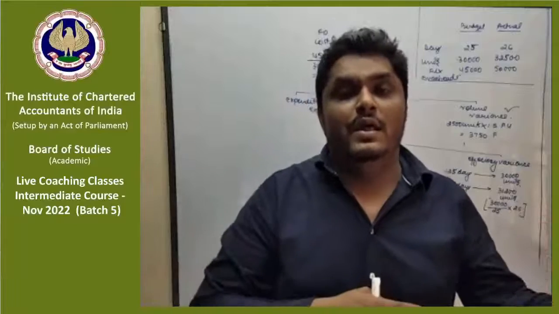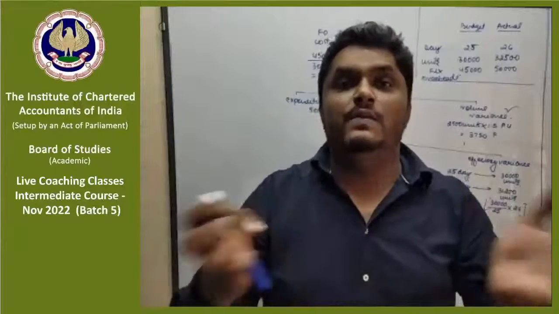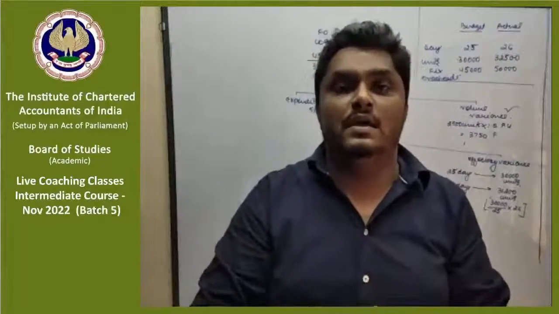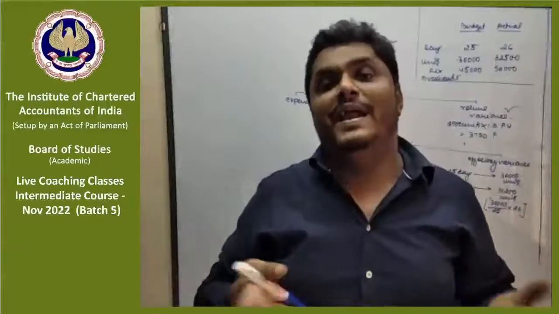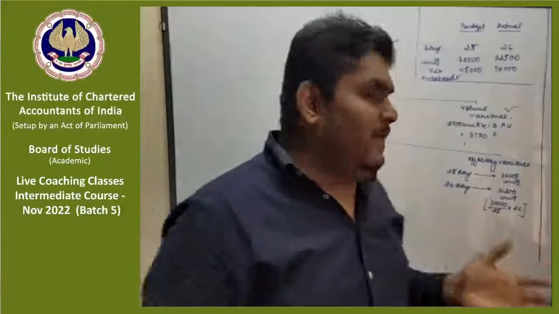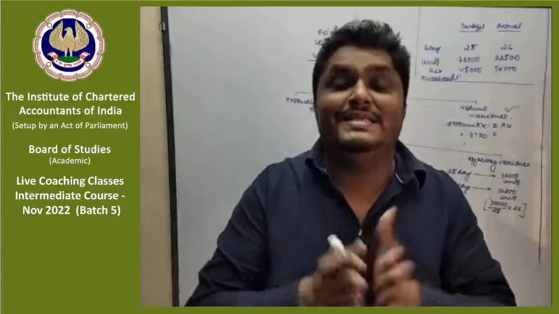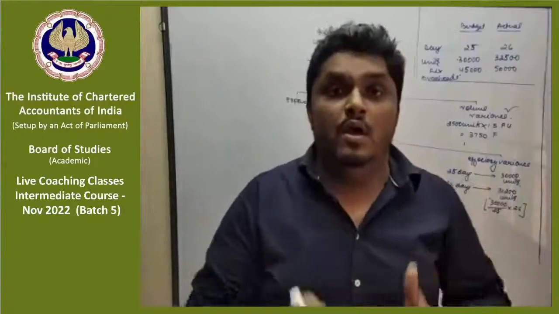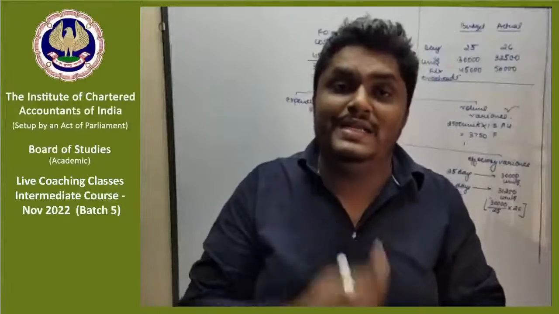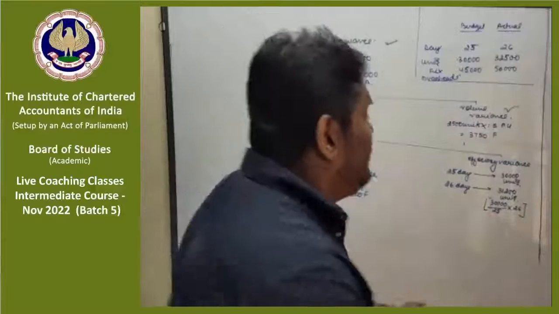Again, guys, don't write adverse or favorable based on plus or minus. Just think about the logic behind adverse or favorable. Very important: in 26 days, we were supposed to manufacture 31,200. But in these 26 days, we actually manufactured